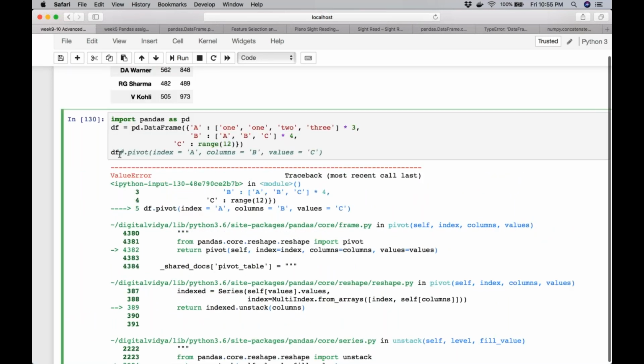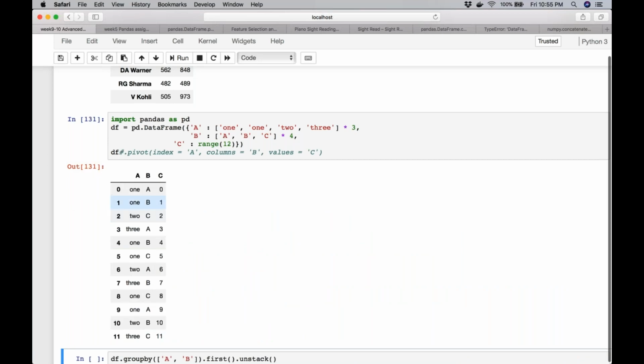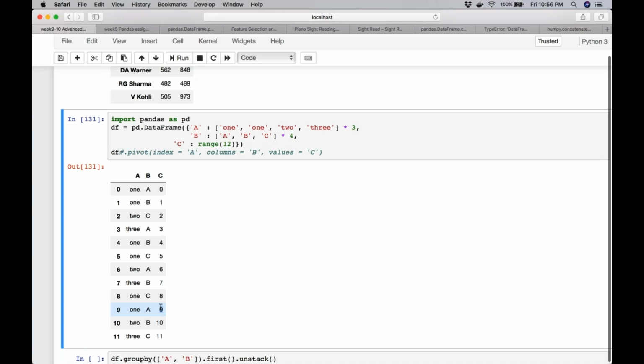I'm saying I want my index to be column A, which is 1, 2, 3, and I want my columns to be B, which is A, B, and C, right? But we have a 1A with the corresponding value 0, and we also have a 1A with the corresponding value 9. Now, how does Pandas know what to do and which one to pick?